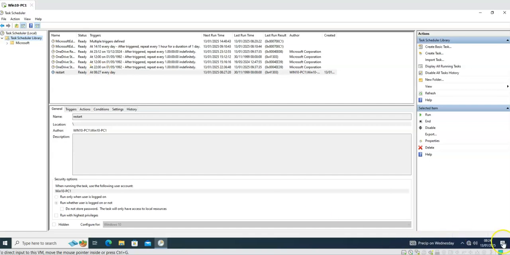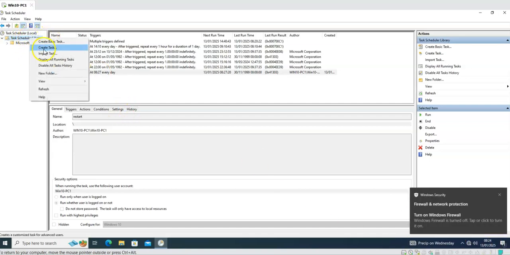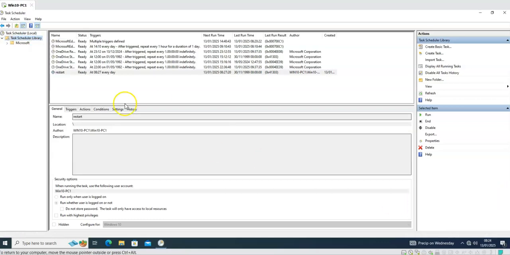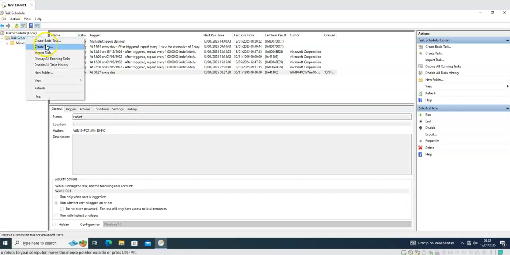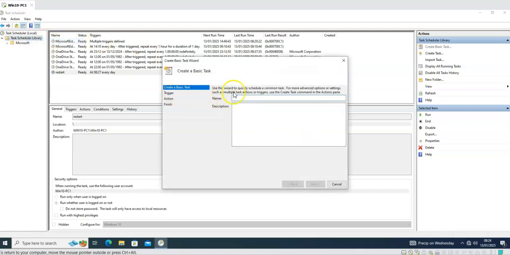It's 8:27 now, 8:24. So I'll create another one for shutdown. In the meantime, you can create a basic one if you want to, which directs you to steps like next, or yeah, let's do that one actually. So instead of doing the advanced ones here, you can have a basic one where you create and then say next. It asks you what the task is to do. So the three main ones. So let's call this one shutdown,